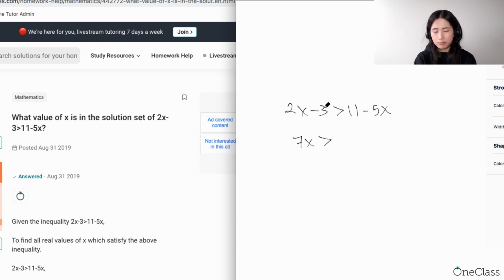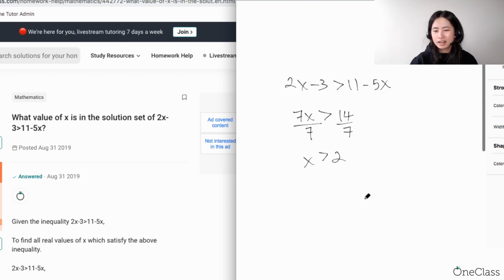However, we have the negative 3, so that negative 3 moves to the opposite side of the equation, such that it becomes 14, right? And we divide both sides by 7. That's why you get x greater than 2. Okay, great. So now from here, as you can see, anytime you have an inequality, and because we're looking at the solution set,